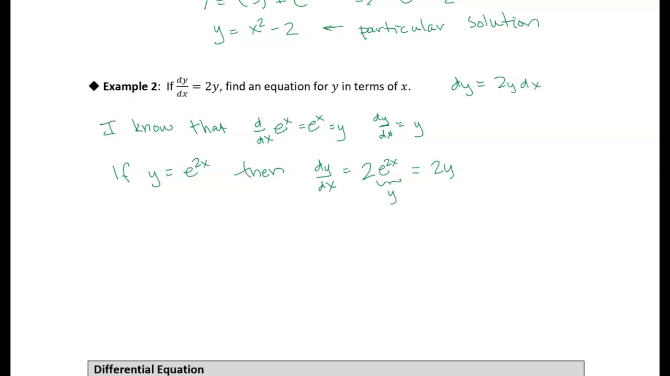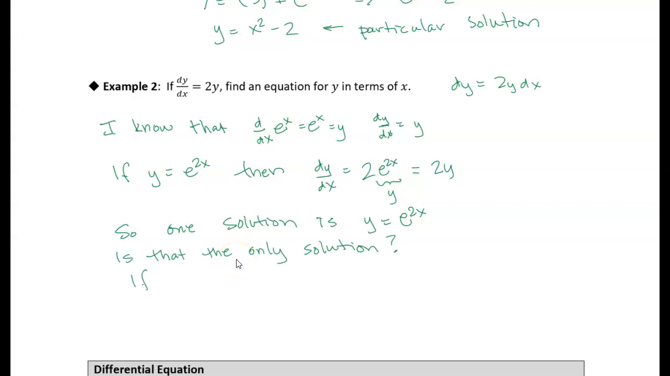So that is a function that satisfies this equation dy/dx equals 2y. One solution to this equation is y equals e to the 2x. One question you might ask, though, is: is that the only solution? And the answer to that question is no. If you have a function y equals any constant times e to the 2x, then